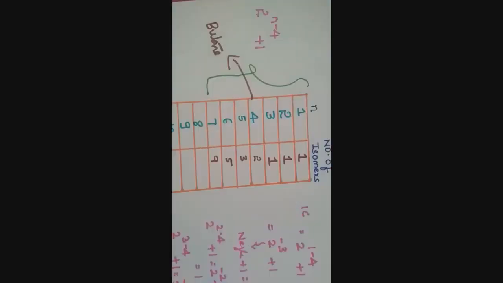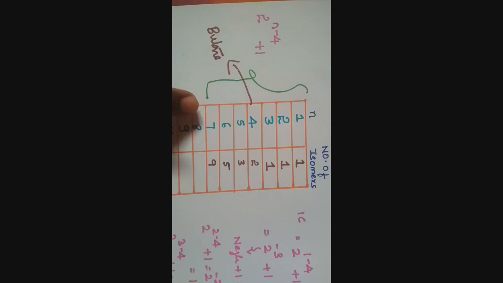For hexane, similarly, for N equal to 6 carbon atoms, 2 to the power of 6 minus 4 plus 1. 6 minus 4 is 2. 2 to the power of 2 is what? 4, plus 1. Hence, 5 isomers are possible. For heptane, similarly, you can calculate and you get the possible number of isomers as 9. Dear students, this formula is applicable only to alkanes containing up to 7 carbons. This formula will not work for 8, 9 and 10 carbons. We can use another trick to find the number of isomers for 8, 9, 10.